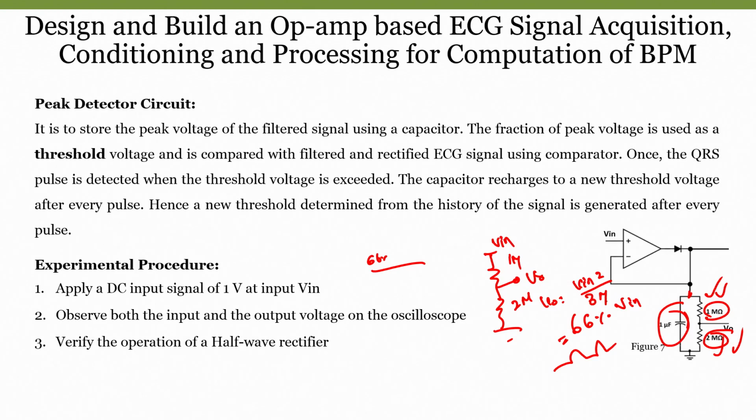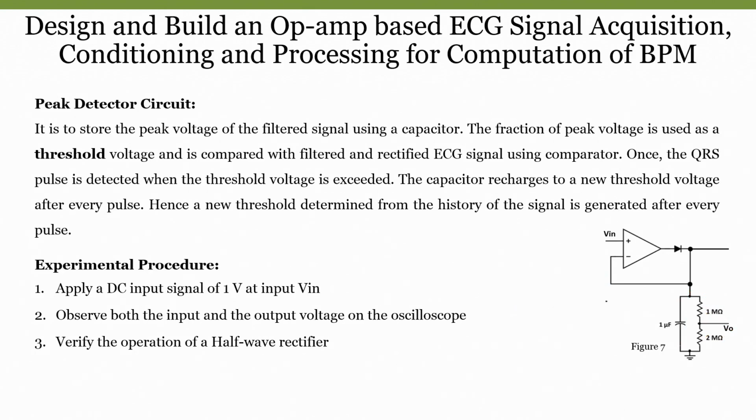Now, we will take this portion, this portion 2, attached to that, and we will see whether it is setting a threshold and passing only the values greater than that particular threshold or not, right. And we will also compare with experimental results. Now, we will see how to implement the circuit using a simulation. Once we verify in the simulation, we will see it in actual practice and do the experiment.